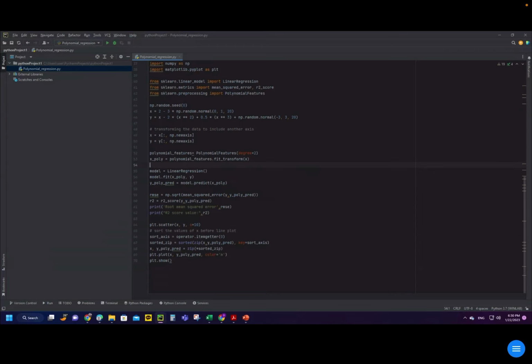Importing a library is as simple as, for NumPy, for example, import numpy as np. Then for making graphs, we have matplotlib pyplot as plt. Then we are using the linear regression module in sklearn.